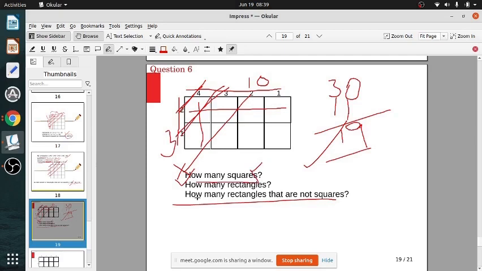Now if they ask rectangle, technically square is a rectangle. Square is a special kind of rectangle. So if you see your multiple choice, how they have given it. If they have given rectangle 30, it's okay. Otherwise, if they have given 19, that's also okay. But actually, technically, it should be 30, because rectangle means it includes squares. And if they ask how many rectangles only, or how many rectangles which are not squares, then you subtract. Got it?